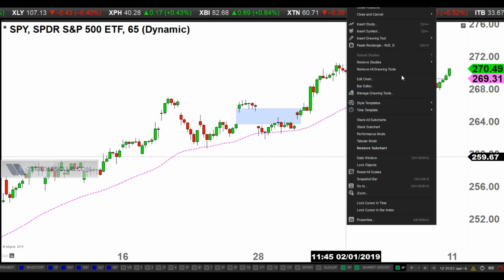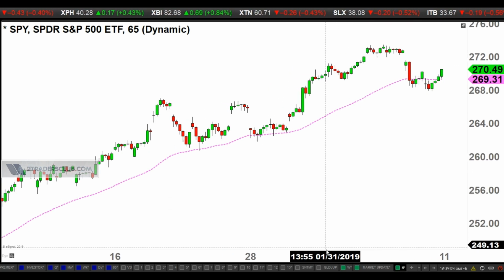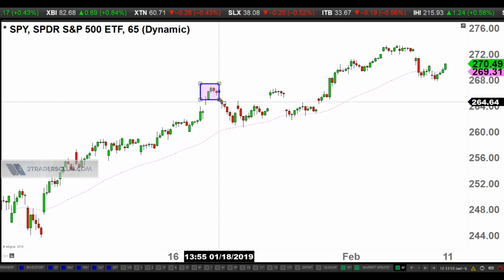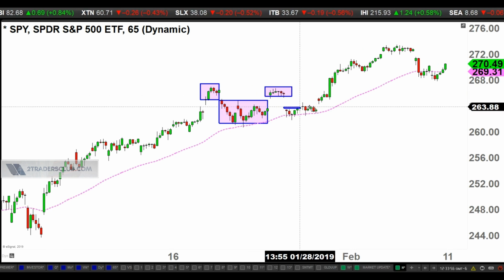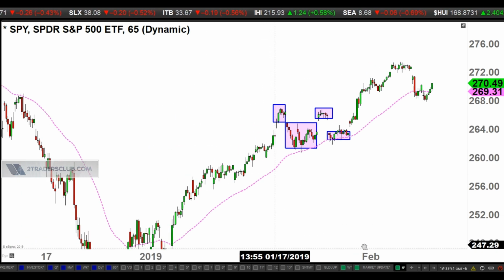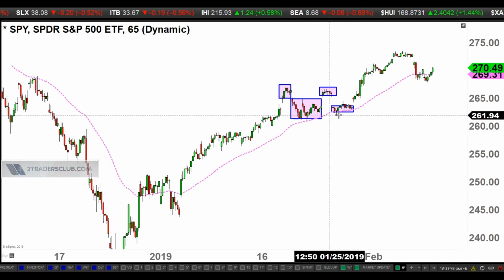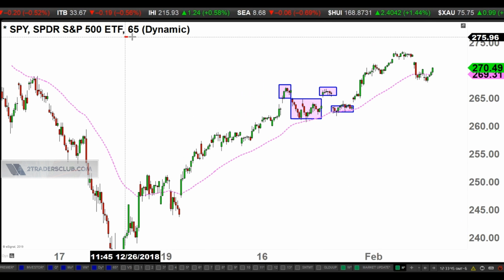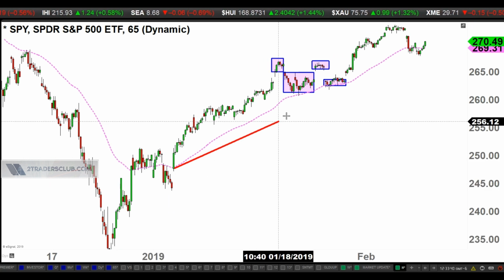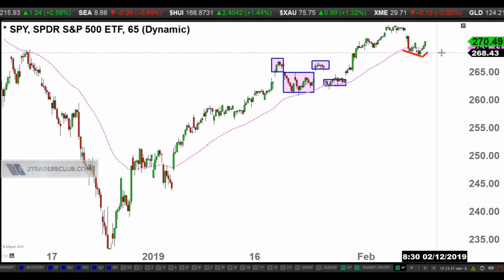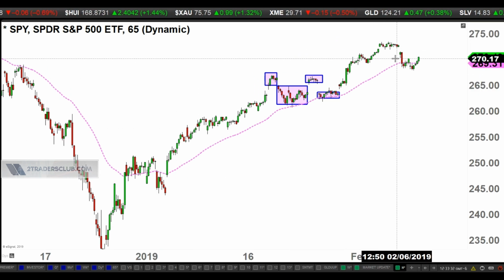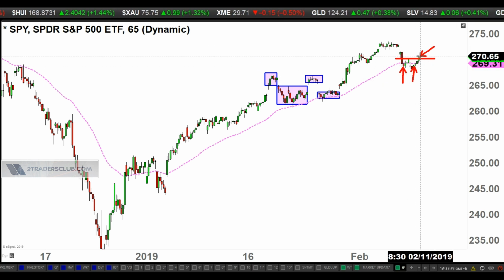Let me remove that so you can see right there. Right, so we got that. Where's my box? We got that, and then we got this, and we had that, and then we had that. Just back-to-back gaps after gaps after gaps. But what really kept this thing going was that rising 50 MA on this 65-minute chart here, and you can see that has been acting as support. We slightly got below it, but we're back above it, and we're obviously still in a minor-term uptrend there. So we threw a little bit of a double bottom there, and we're trying to push up.